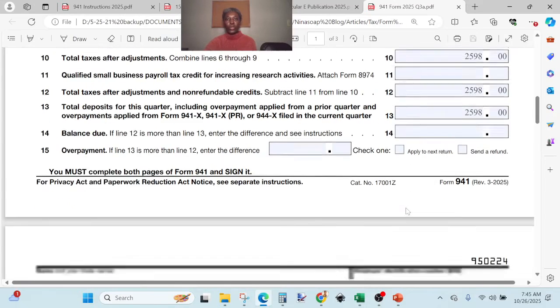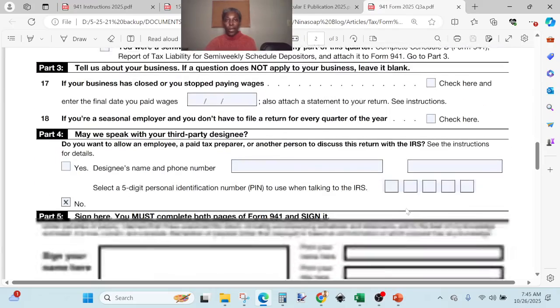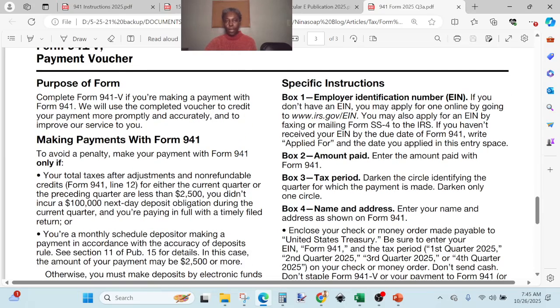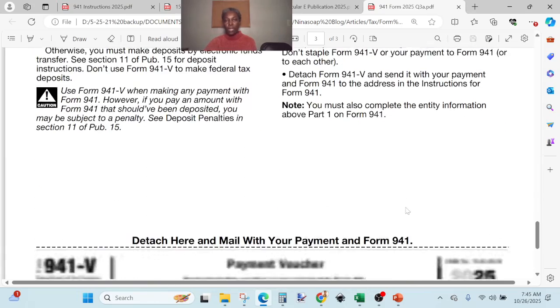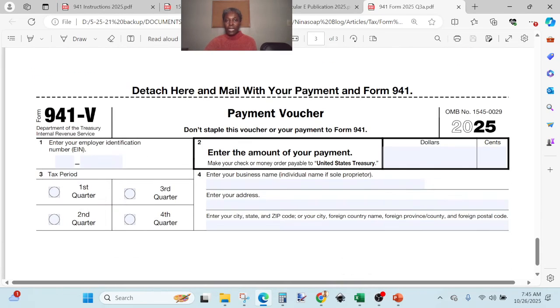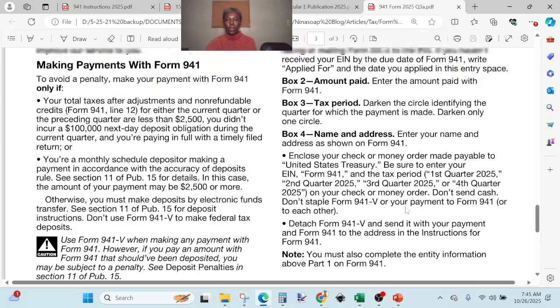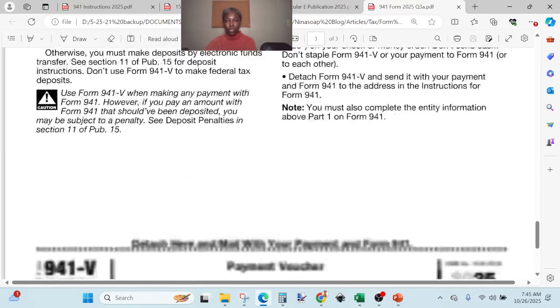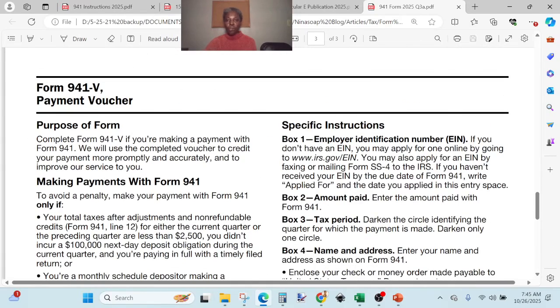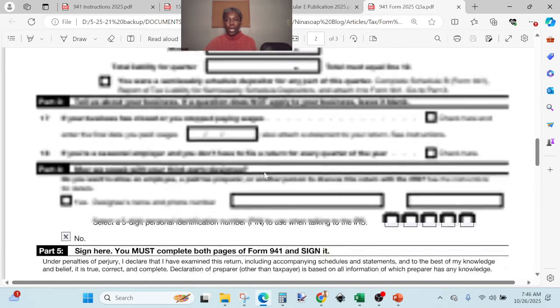So therefore, we do not need to complete the Part 3 version of this form, which is the voucher. If you have a residual on line 14, meaning you owe money to the IRS, there is a distinction of whether you should add a check and the voucher to this form when you put the form in the envelope to mail, or if you should make a deposit of that residual you owe. If you are already making deposits to the IRS and you have some numbers on line 13,